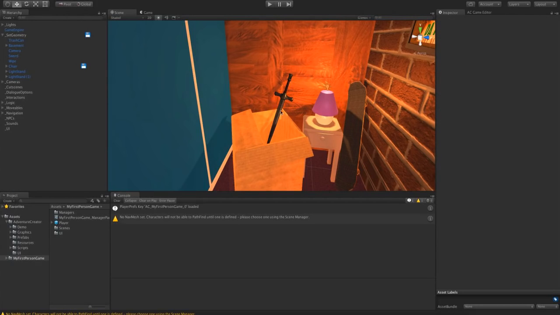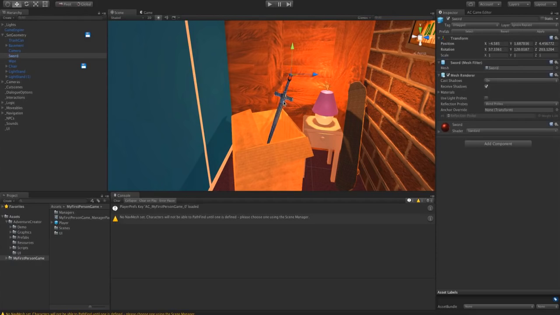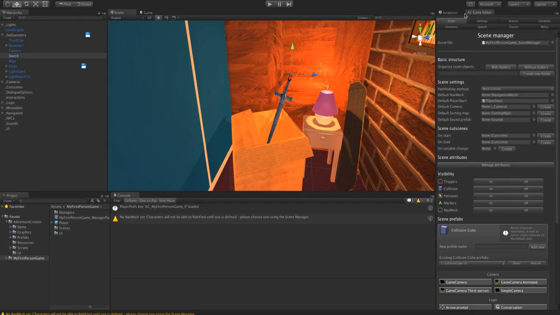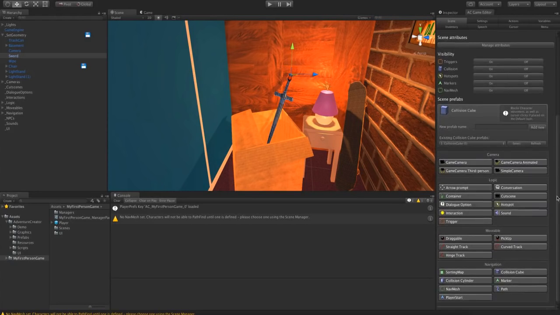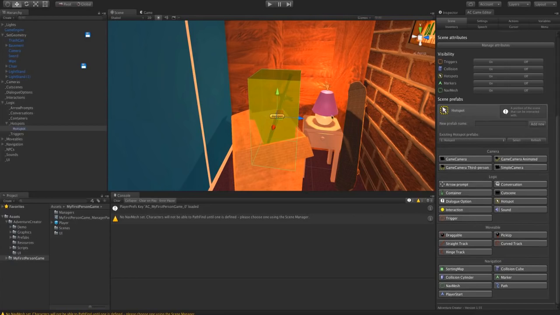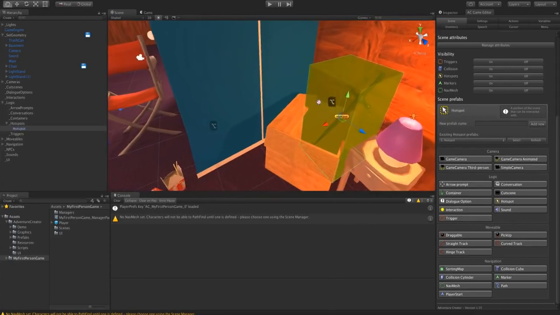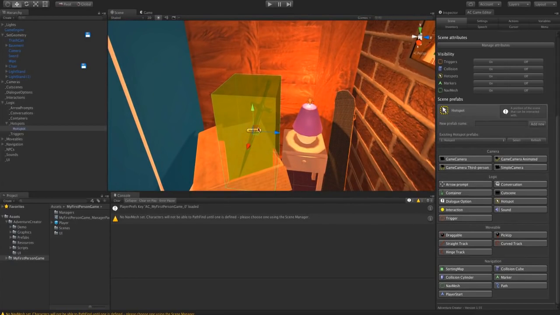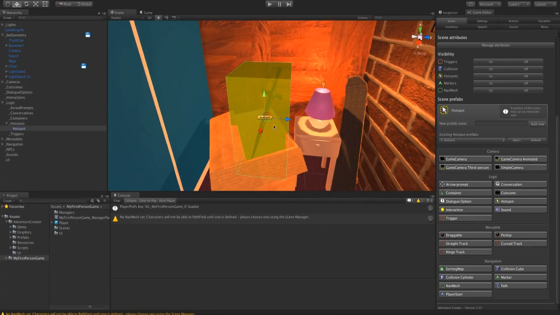So the first thing we're going to do is create a hotspot around it so that we can click on it, we can interact with it. I'm going to select it once more, and in our scene manager I'm going to go to hotspot, and I'm going to create a hotspot for this sword. But just before I do, because I have this sword selected, we've got position over selected mesh appearing in this scene manager. So I'm going to check that and press add new, and then you can see that it's created a hotspot, that's this yellow bounding box around the boundary of the sword.